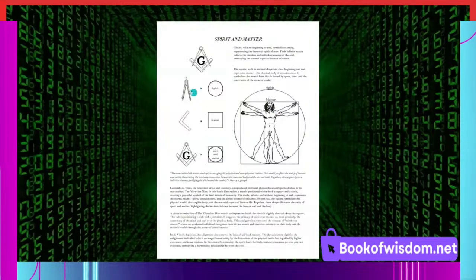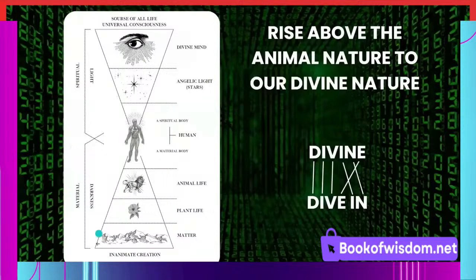This is also the Freemasonic square and compass, why the square is below the compass, because the compass creates the circle, which is spirit or mind. Then you have the square, which is matter. Mind and matter are the same substance. Mind creates matter through thought. Everything in this physical universe manifested through thought. Everything began as thought. So you are spirit and matter. You have a material body and a spiritual body. And you are right in the middle.